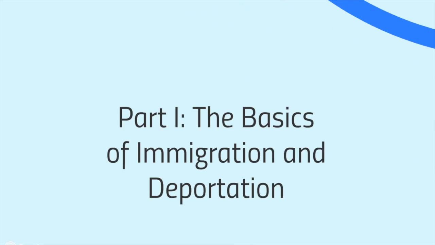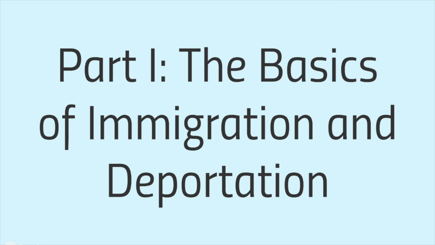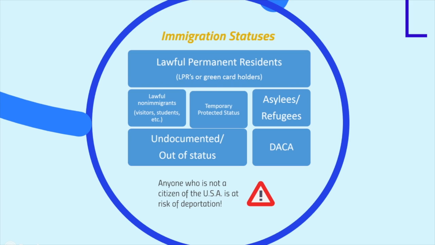We will now give you a brief introduction to immigration and deportation in the United States. When we talk about immigrants, we're actually talking about lots of different people with lots of different immigration statuses. You're most likely to have heard about people with green cards, also called lawful permanent residents or LPRs. You've also likely heard about undocumented or unauthorized individuals, or people who are out of status. These are individuals who either came to the United States of America without a lawful entry, or who entered legally but have overstayed their visa.